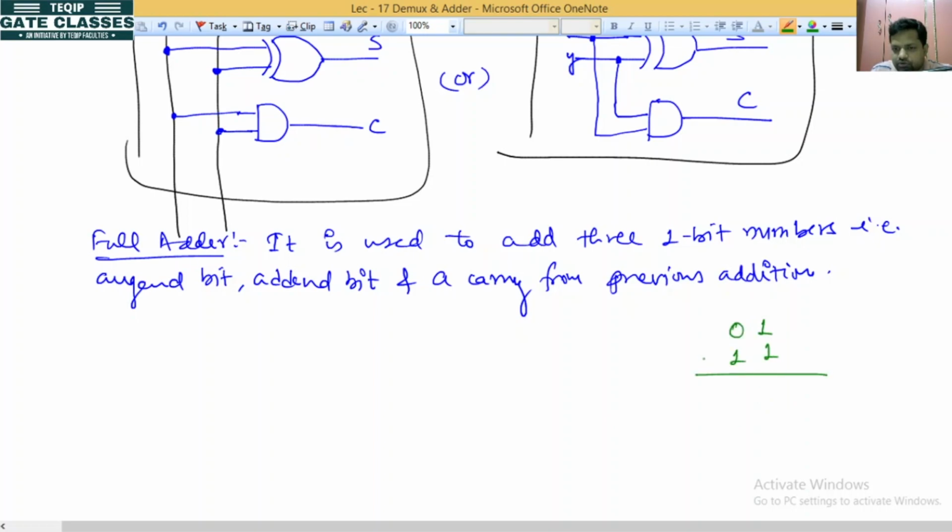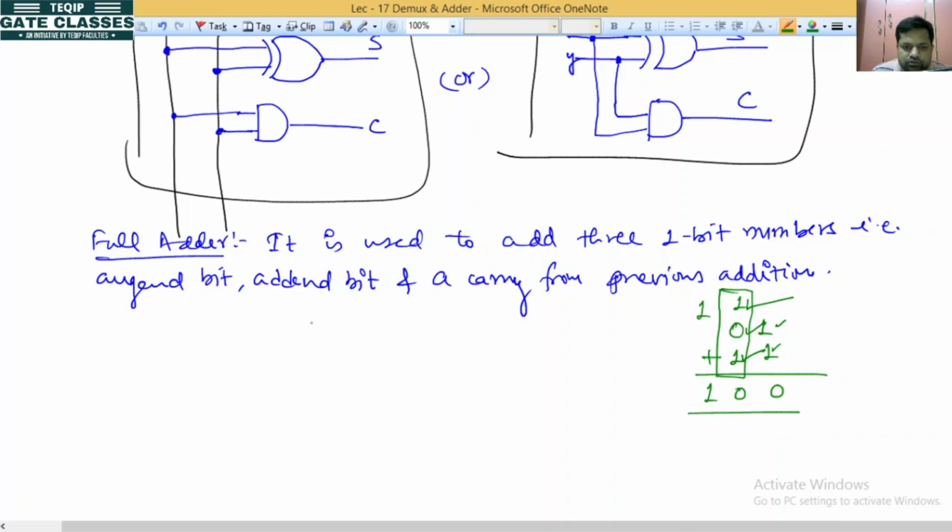तो कुछ ऐसा है ये सपोज आई हैव 1101, आई एम गोइंग टू एड इट, so we have 110, so one carry will be here, so this can be implemented with full adder. Okay na, because in this case we have 3 one-bit numbers, so one is addend bit, this one will be addend bit, and this one is the carry generated by the previous addition. So previous addition is this one, so with this addition we got one carry here, so 1 plus 1 is again 0, we got one more carry, will be 1.